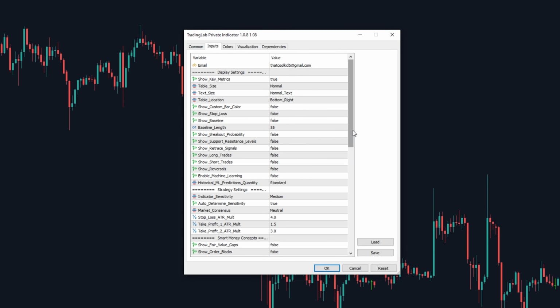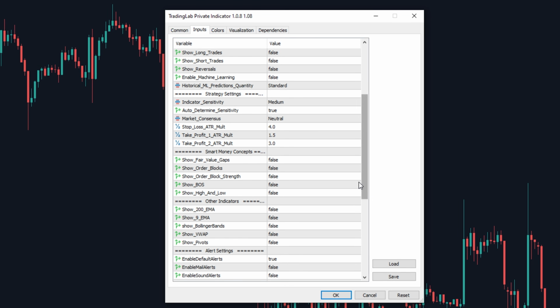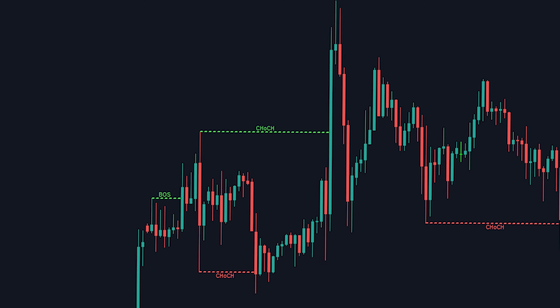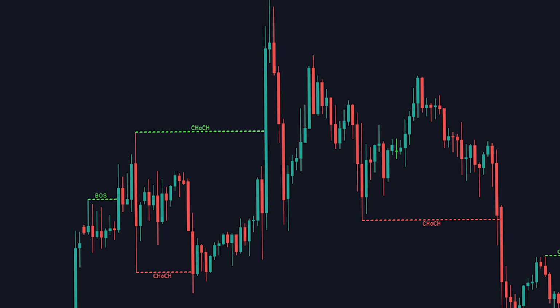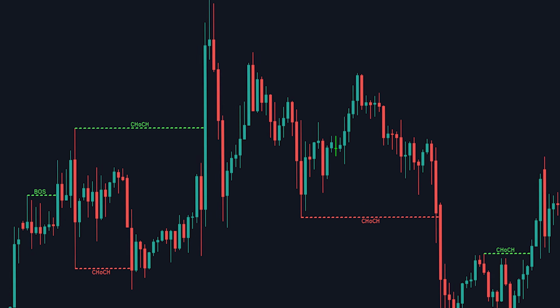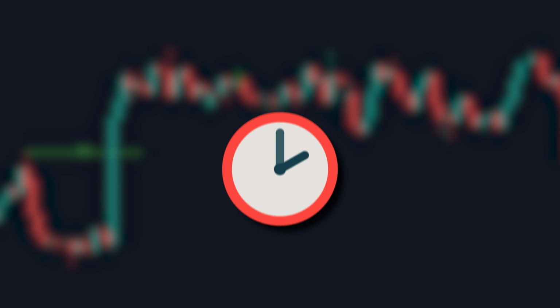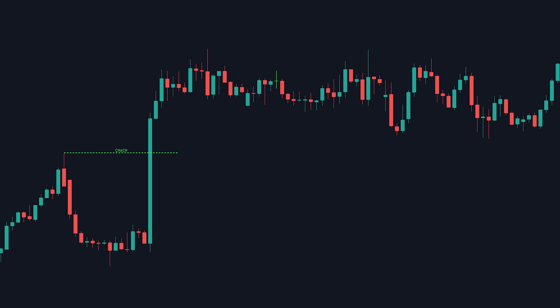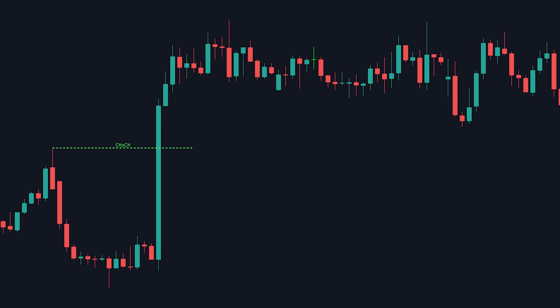All you have to do is go to the settings, scroll down to smart money concepts and enable BOS. This will automatically display all the main break of structures for you so you don't have to mark them yourself. It'll save you a lot of time and will also only display the main structures so you don't accidentally mark